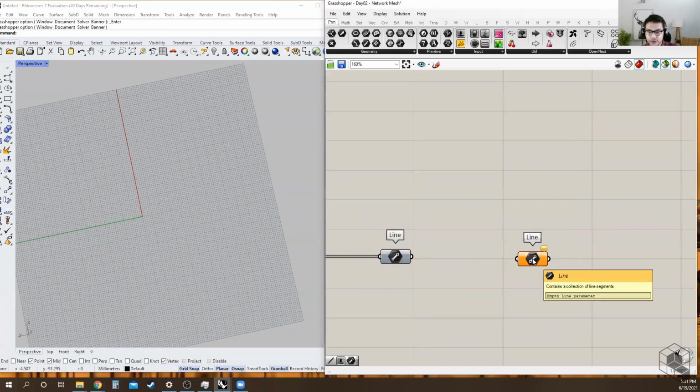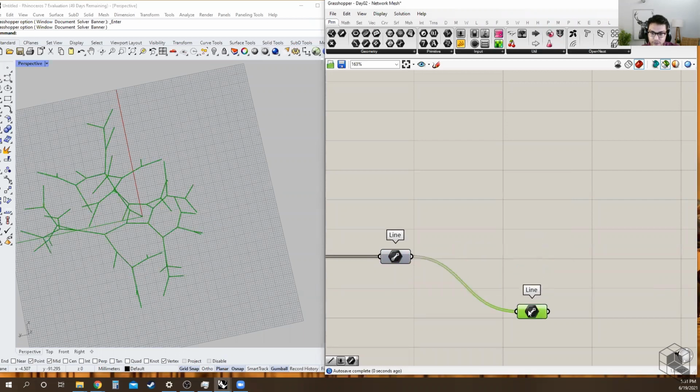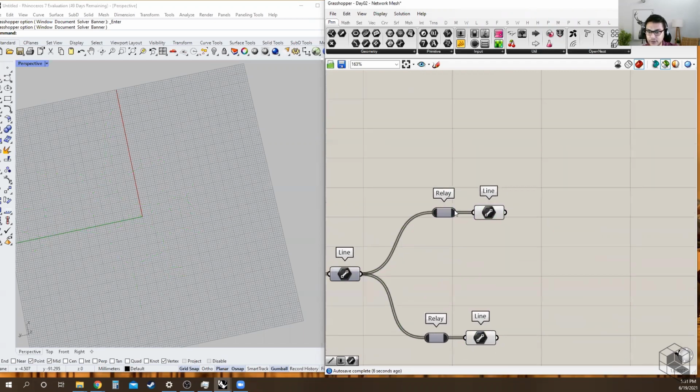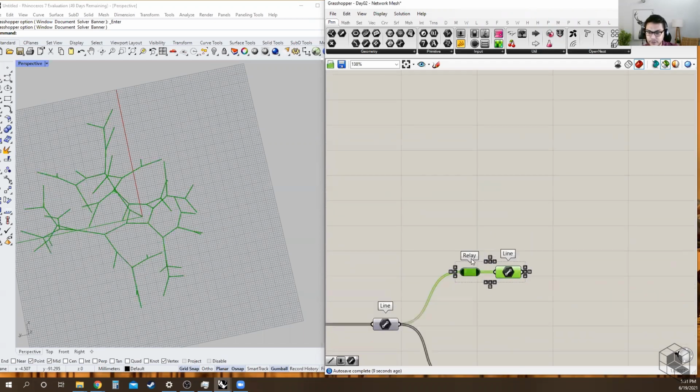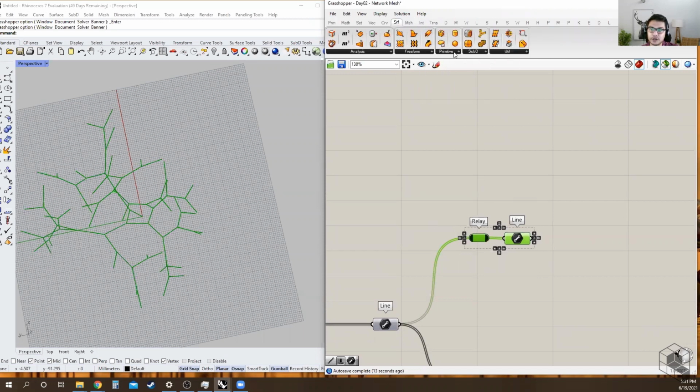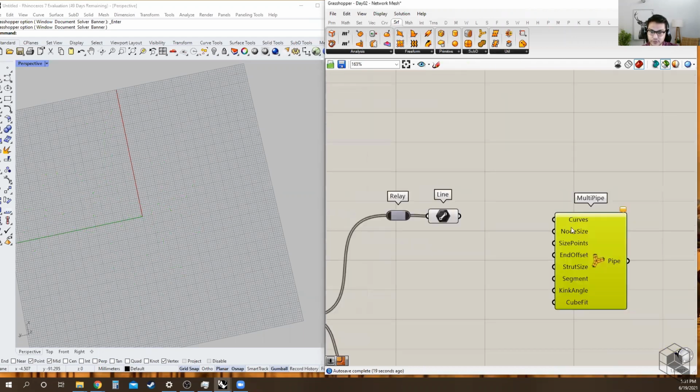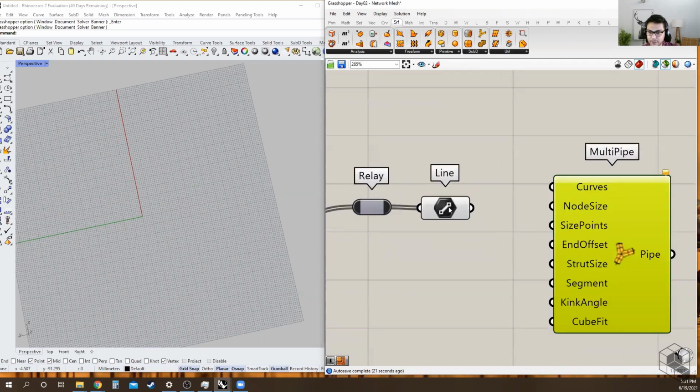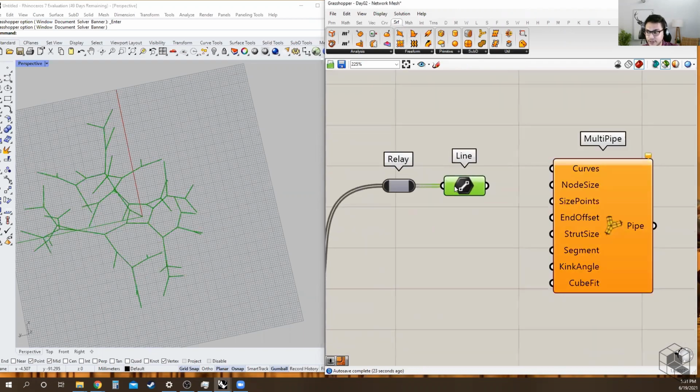I'll be covering two methods of how you can wrap a geometry. One which is completely simple and one which I used to use before this new method came along. So I'll do the easier one first, and that is the use of multi-pipe in sub D. Ever since this component has become part of Grasshopper, it has just made this workflow so